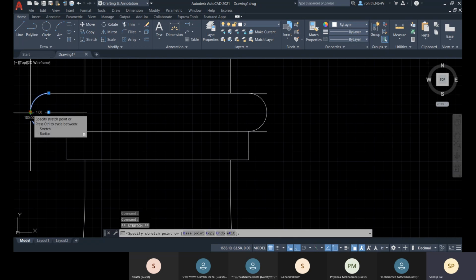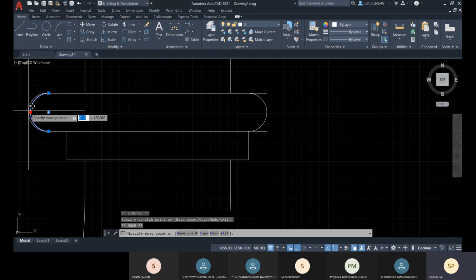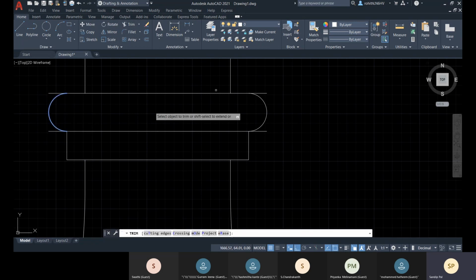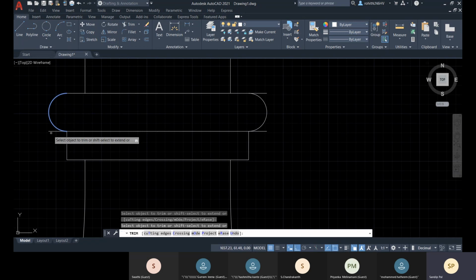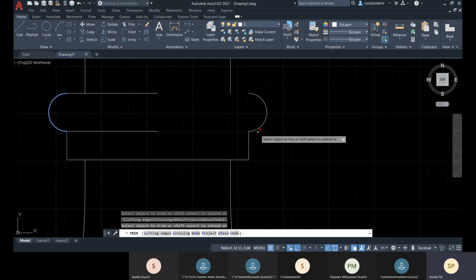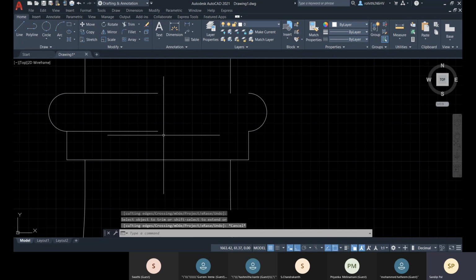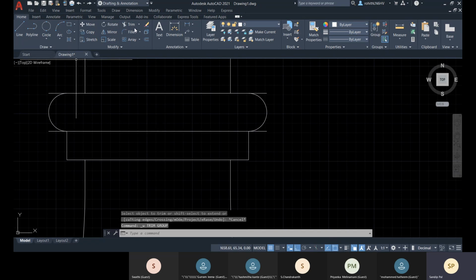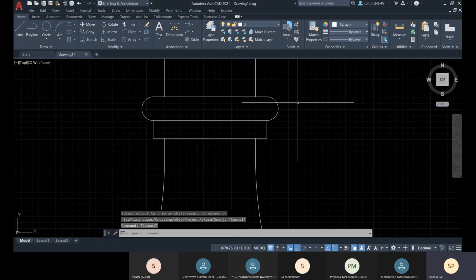I'll click on this grip point and then press space bar. Then I'll move on this point, and after that let me trim it. I can extend this also. Let's go for trim. It's perfect.